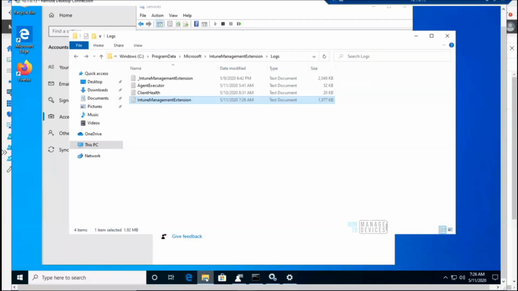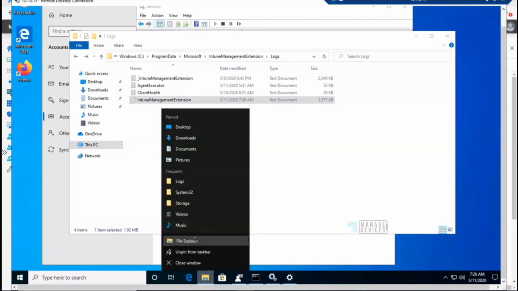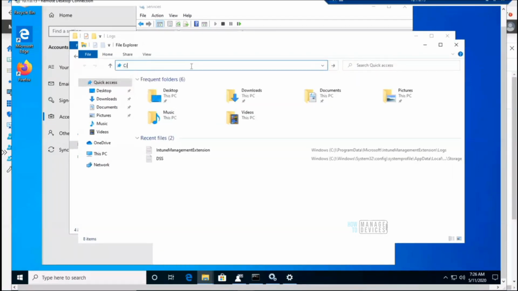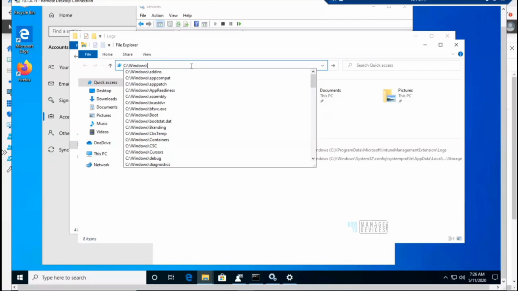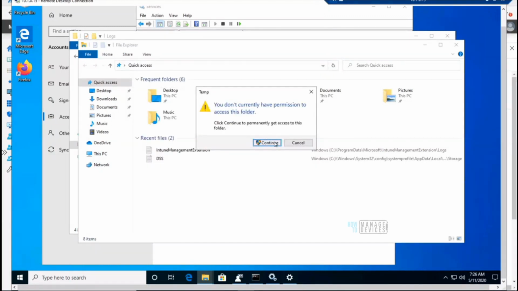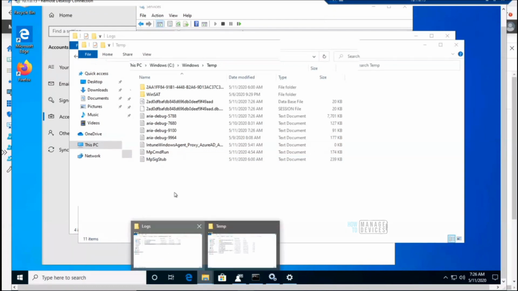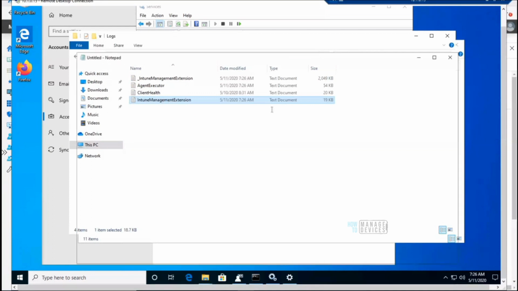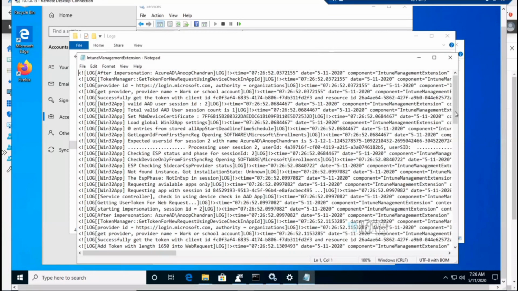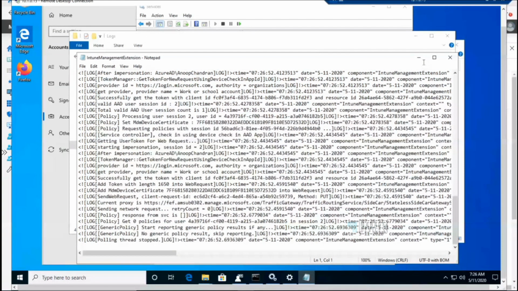So let me open up one more tab over here, File Explorer, and I'm going to see Windows, right? And temp, right? Temp, and there should be a folder here, right? Once it's executed, right? So you can see the log files from here, what is happening, right? But with the text log, it is a bit difficult for me, at least.